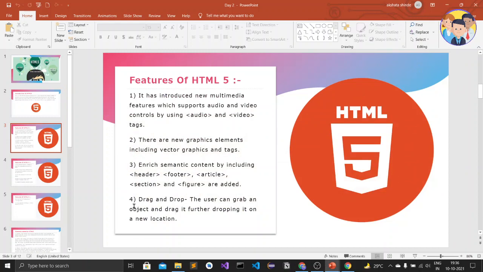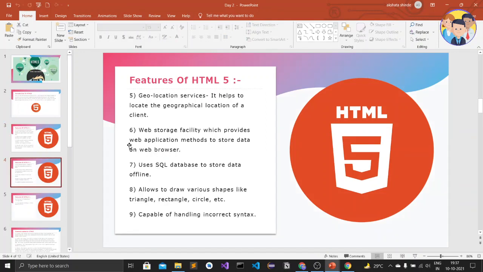The fourth point is drag and drop. The drag and drop feature was also added, and the file input was also added in the new HTML5 version. The fifth one is geolocation services. It helps to locate the geographical location of the client.